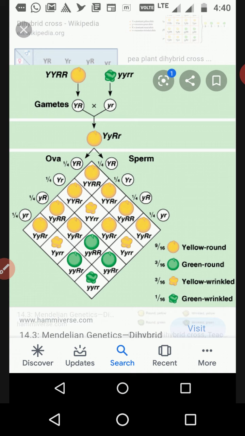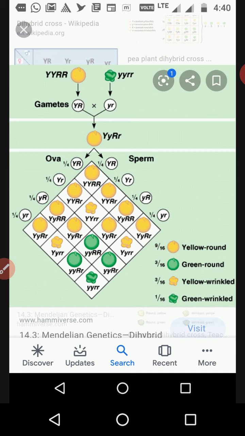what type of character was chosen. Mendel chose two characters to show the law of dominance and then to show the law of segregation in F2 generation, and those characters were tall plant and dwarf short plant, and another character was red flower and white flower, between red flower and white flower. But now we are going to study the dihybrid cross.